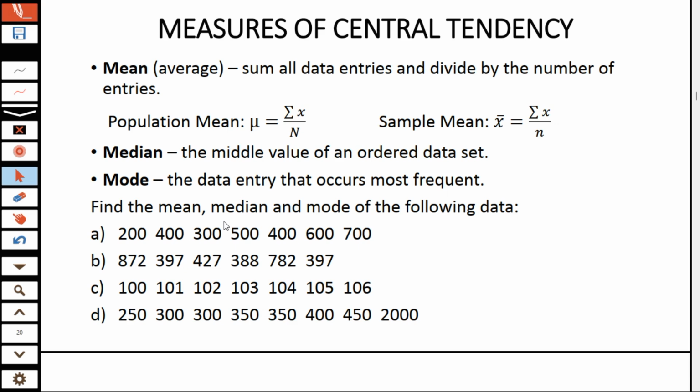So we have the mean. We are saying that the mean is the sum of all the entries divided by the number of entries. So when we started treating statistical method, we came across statistics, the meaning of statistics, and we said that